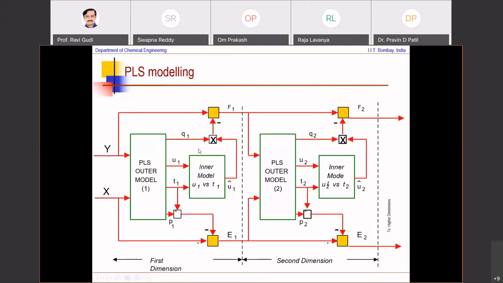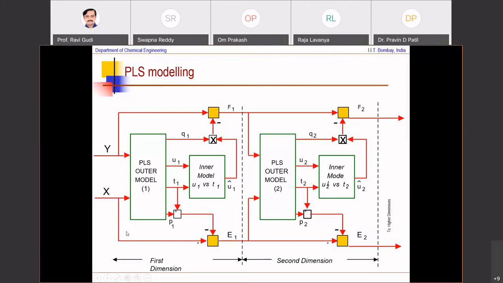And if I do this, I can show you this by this block diagram. The first dimension, essentially, I build an inner model and get U1 transpose. I multiply it by what are called the weights Q1. So what does this do? This F1 is the unexplained variation in Y. Unexplained, why? Because what is explained is all of this, right? This U1 essentially builds that inner relationship, and that is explained. What is not explained is F1. The original variation minus what has been explained by the first dimension is the unexplained variation.